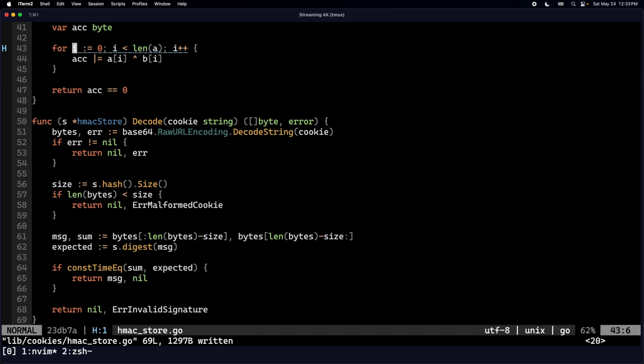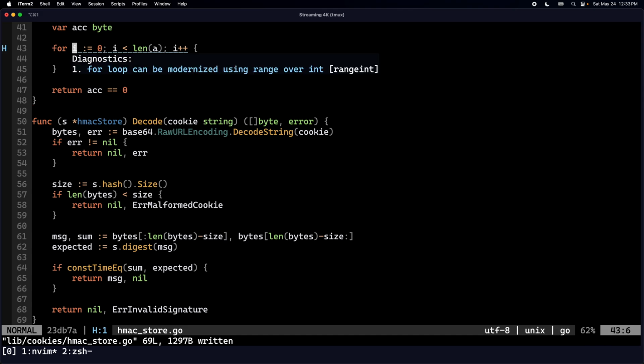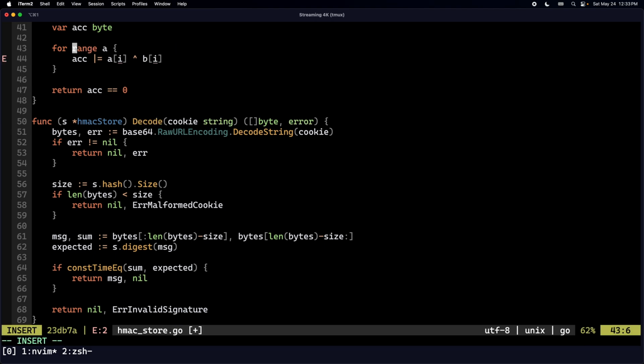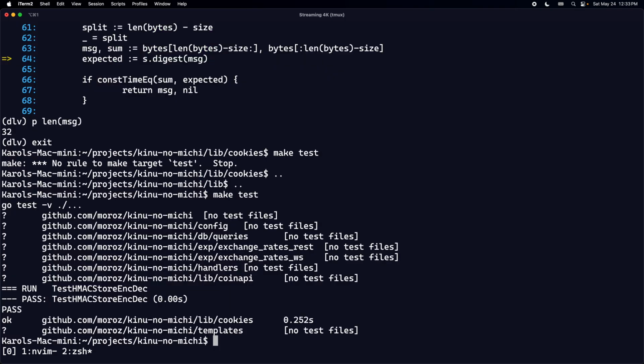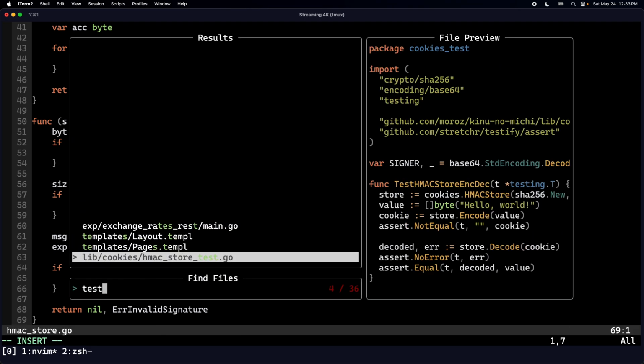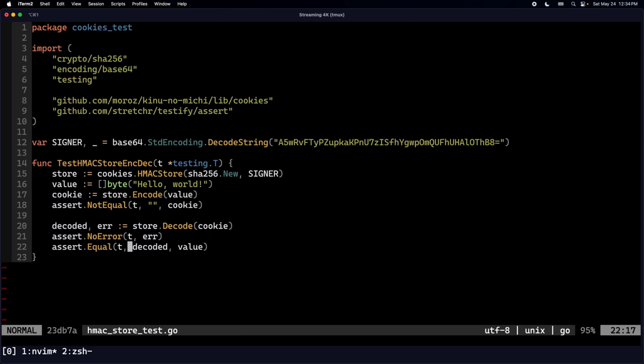And what does it say in here? For loop can be modernized using range over int. Okay, for i equals range a. Okay, make test. Okay, great. So in the test we can now decode the value from the decoded value and the encoded value,